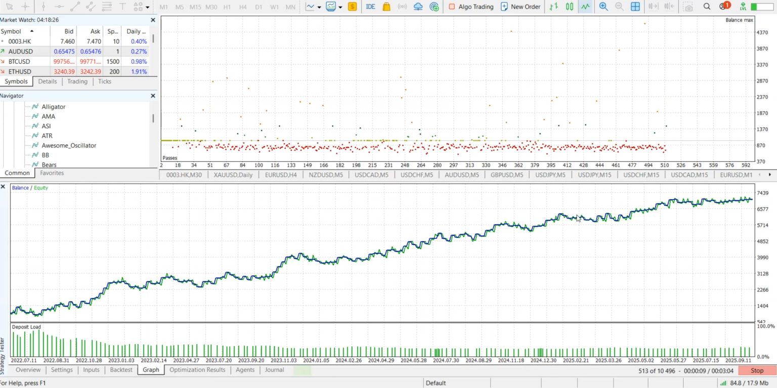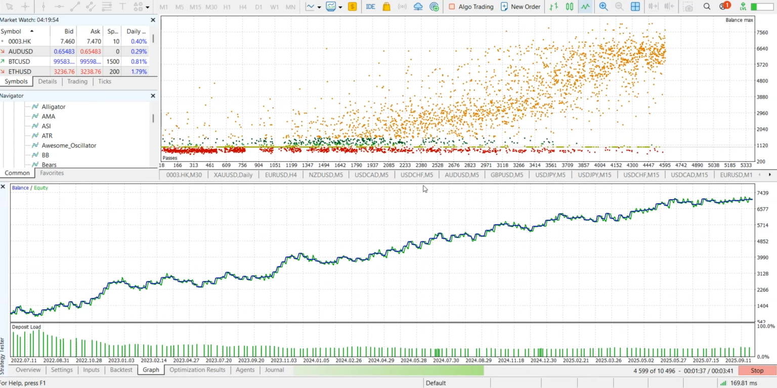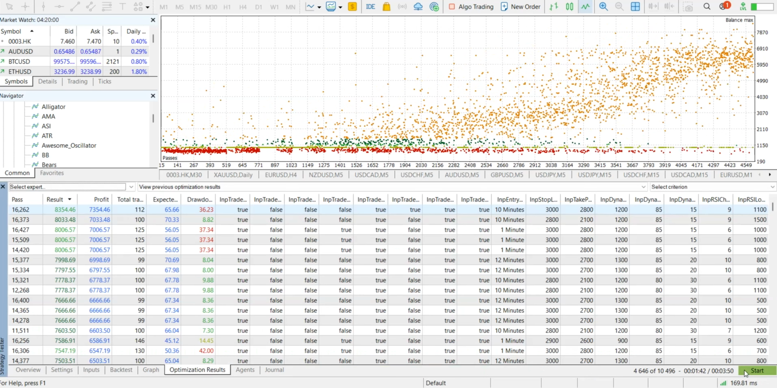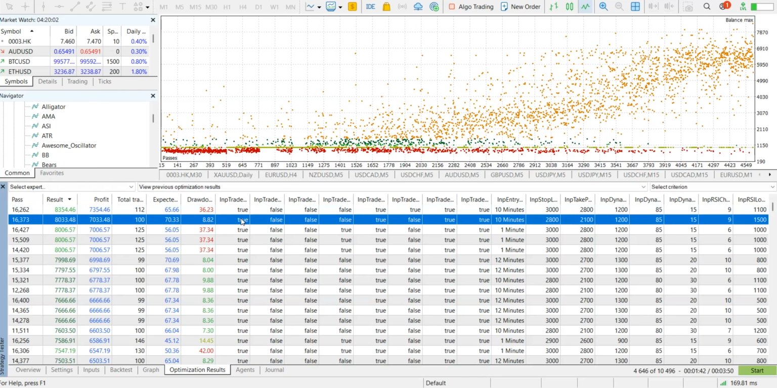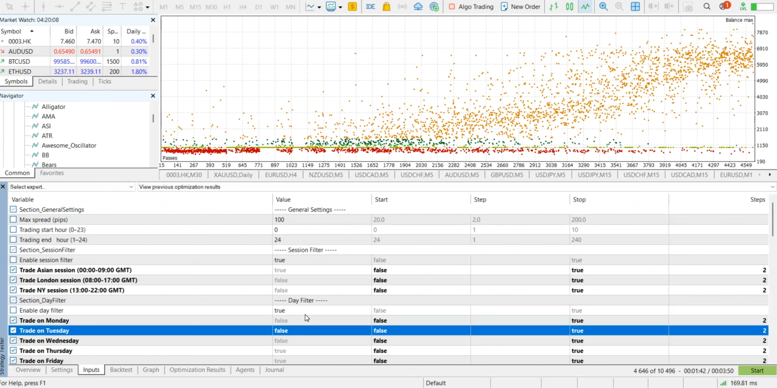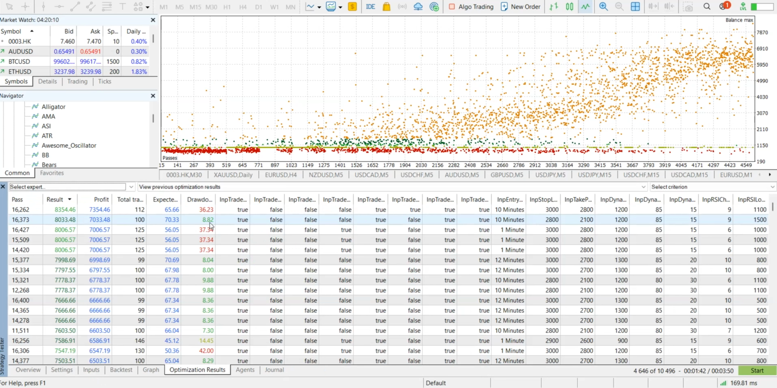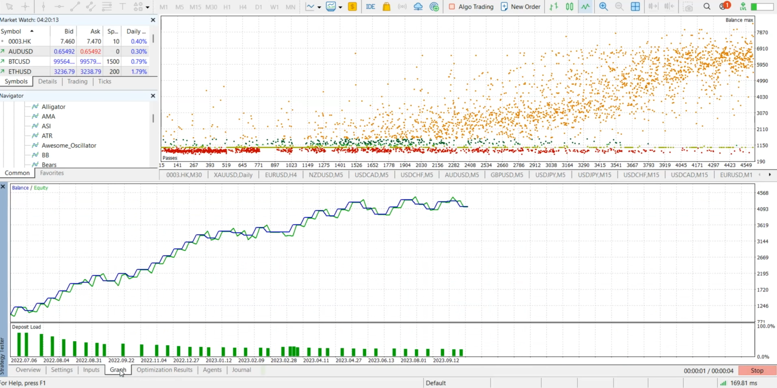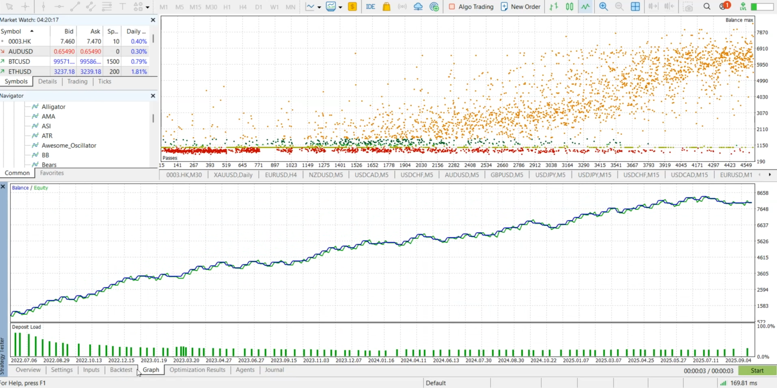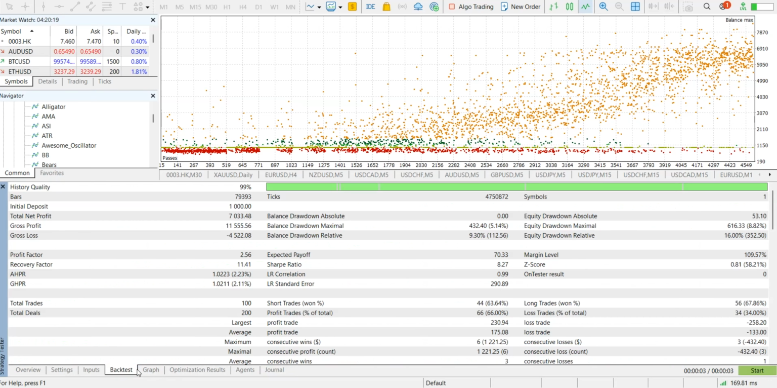Okay, it's running. Let's see what we have. If we have better results, worse results, and what I'm very interested in, if we have lower drawdown when we are optimizing the day filter as well. So let's see what we have. I am very interested if it's smoother, if it's better. All right, so we have